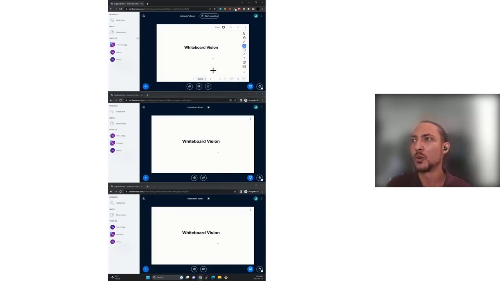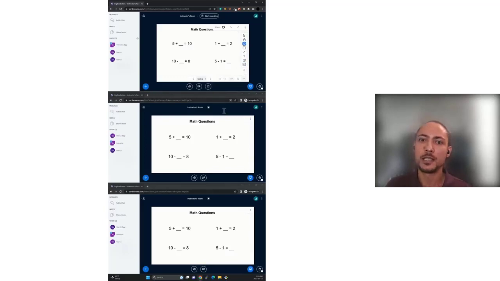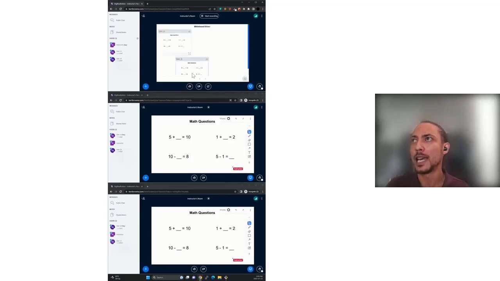So once you're in this whiteboard state, this is the regular mode where the presenter does whatever they want, and the users see whatever the presenter does. Then you have the multi-user whiteboard, where once enabled, all users can see what anybody who has access to the whiteboard is doing, like I mentioned before. But where it gets interesting with the new feature is if, for instance, you have a slide with a bunch of questions, and this ends up being a work slide where you want your students to interact and do their work without anybody else seeing, you can enable multi-user whiteboard and then add the Whiteboard Vision. So that button that I clicked down at the bottom